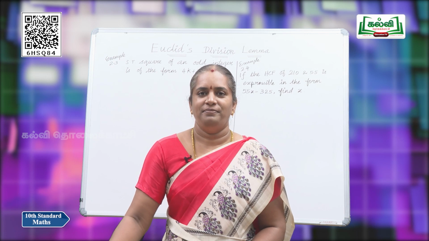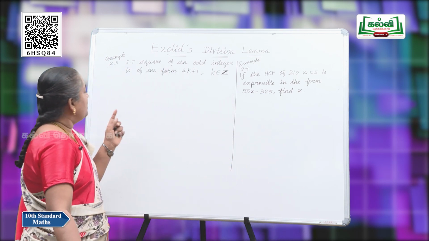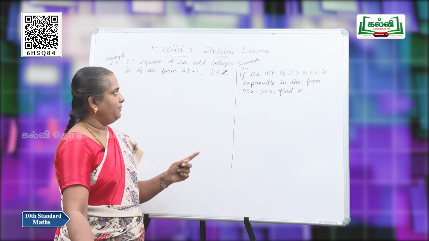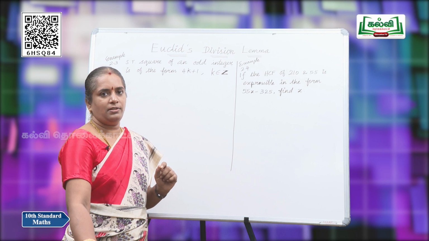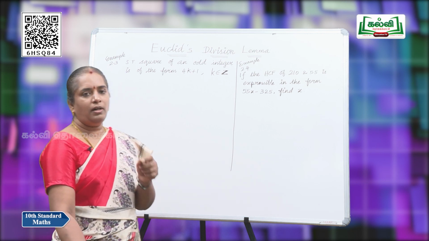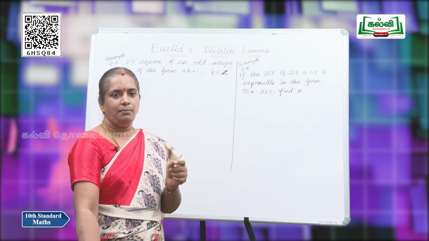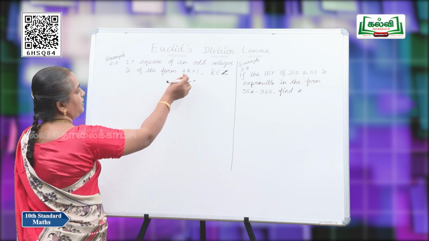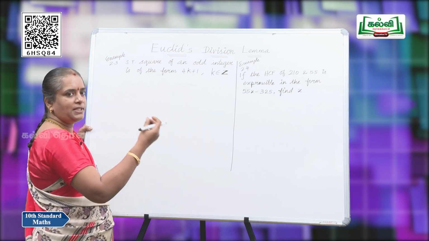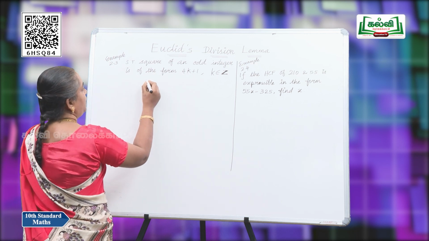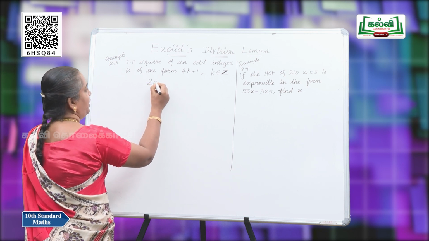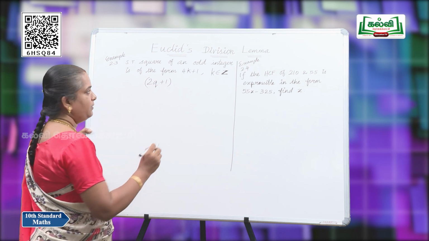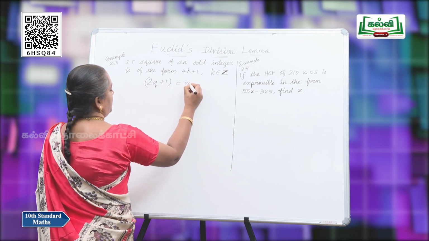Okay, see this sum. In this example, show that the square of an odd integer is of the form 4k plus 1 for k is an integer. Okay. What do you mean by odd integer? Odd integer can be represented as 2k plus 1. Very good. So, as k is here, I am going to represent it as 2q plus 1. Any odd number is of the form 2q plus 1, where q is an integer. So, this is an odd number,